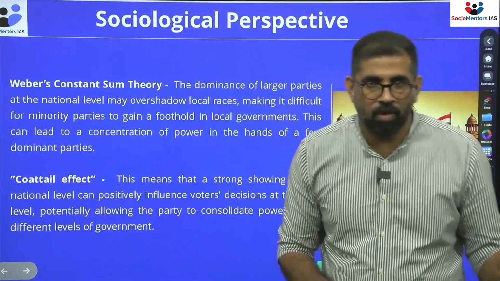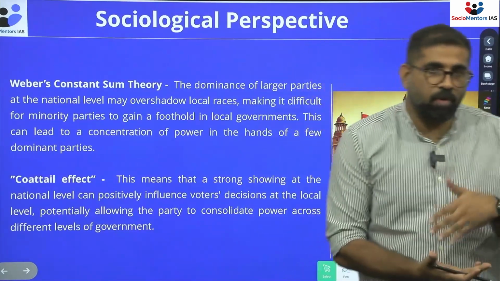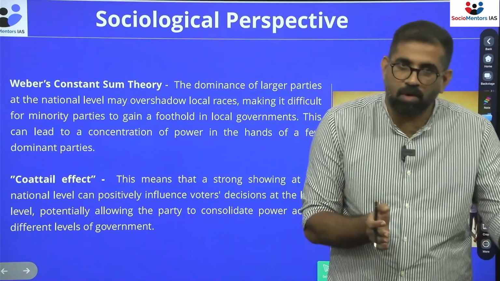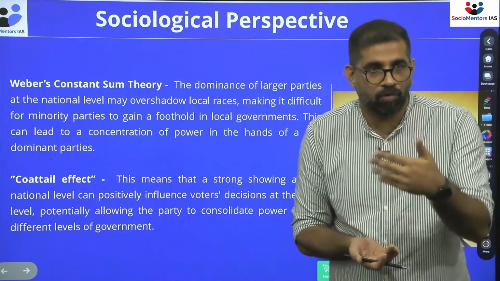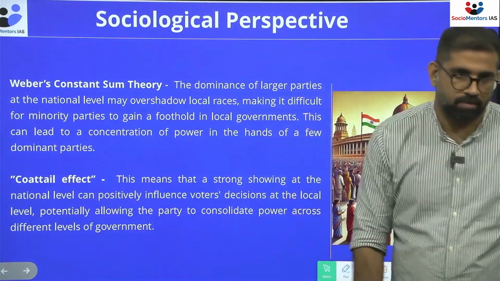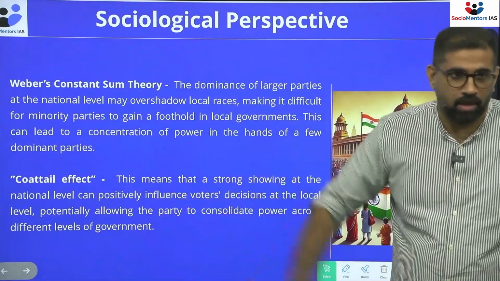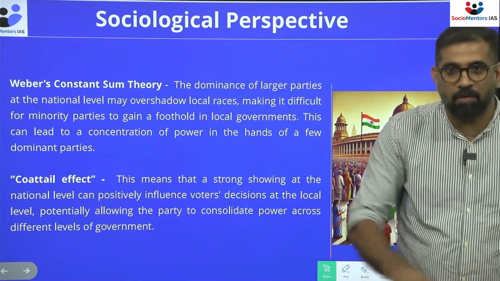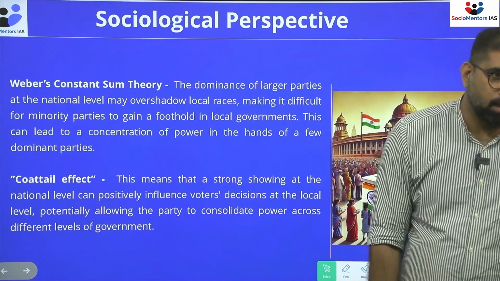This is how we can connect Weber's zero-sum concept with simultaneous elections. Is it clear, everyone? Have you got that particular connection? So Weber's zero-sum concept usually points to the concentration of power, where if one group is exercising power, other groups are not having power. In the case of simultaneous elections, there is a tendency where people vote for those parties who stand a chance to win at the center, or who are already in power at the center. That can have an influence on the local elections, and they may stand a chance to win all the elections, central, state level, or local level. Now, this will have an impact on the power distribution in society, where power will be concentrated in the hands of a single political party.